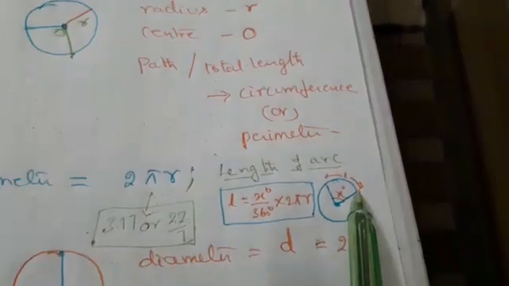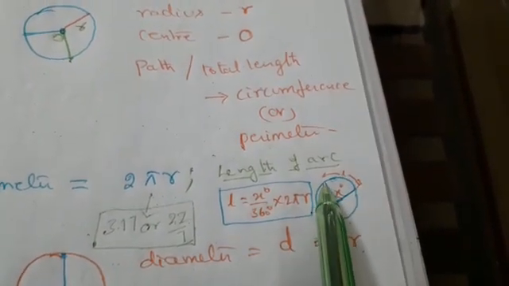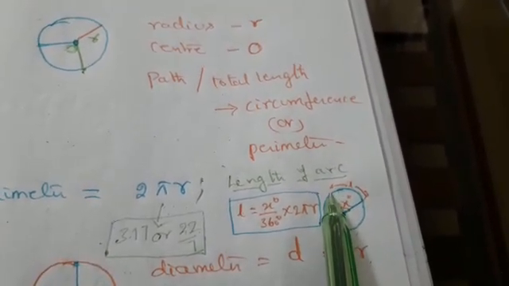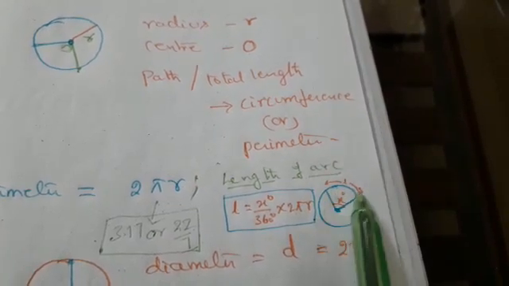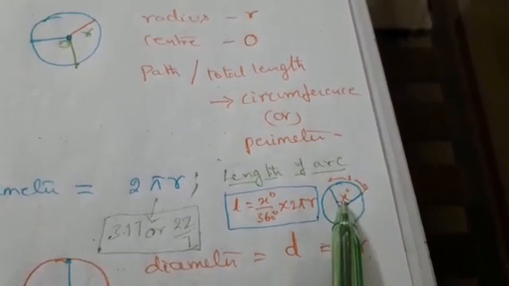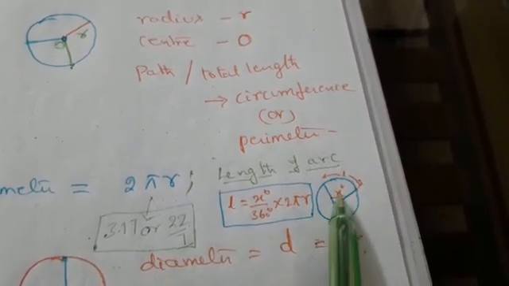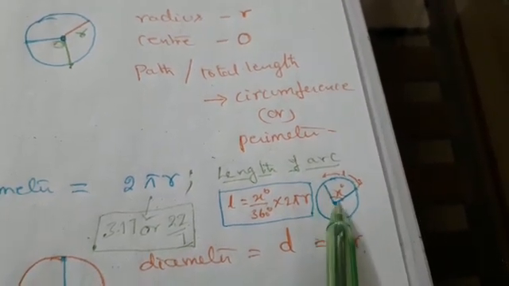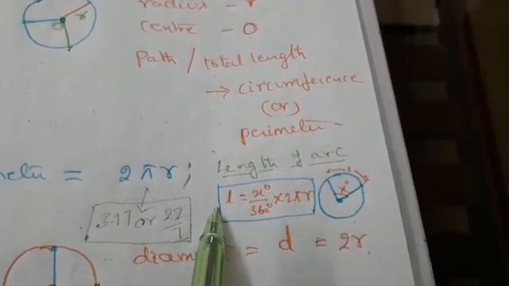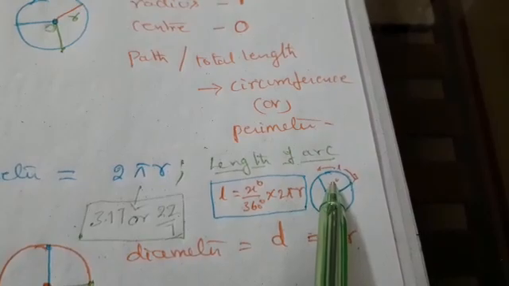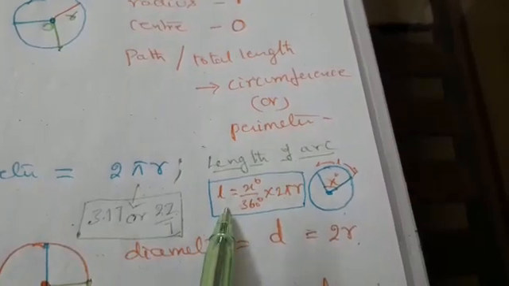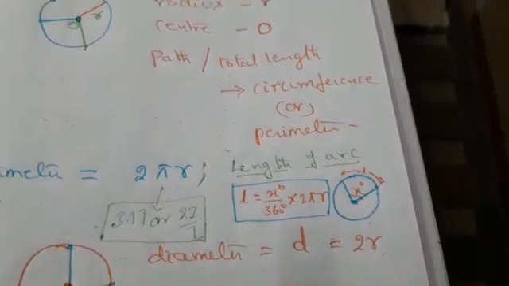And now suppose I want to find the length between these 2 points only, starting from this and ending here. These 2 points form an arc. How to find the length of this arc? Whenever we have to find the length of the arc, usually the angle made by these 2 points with the center is given. So the radii make an angle at the center, that is x degrees suppose. Then the length of the arc is given by x by 360 into 2 pi r. Suppose it is 30 degrees, then 30 by 360 into 2 pi r gives you the length of the arc.